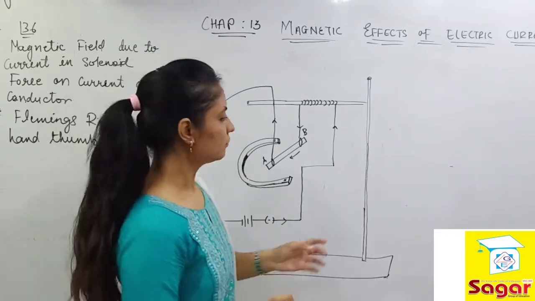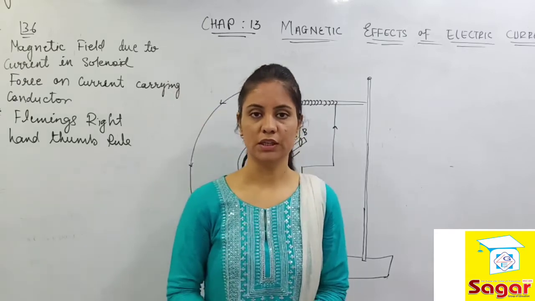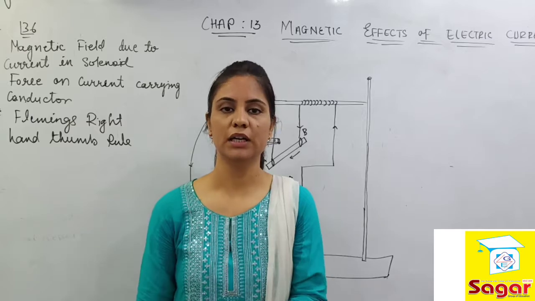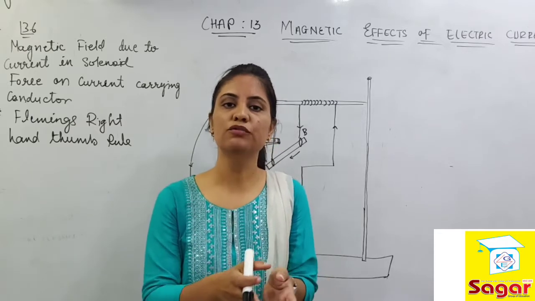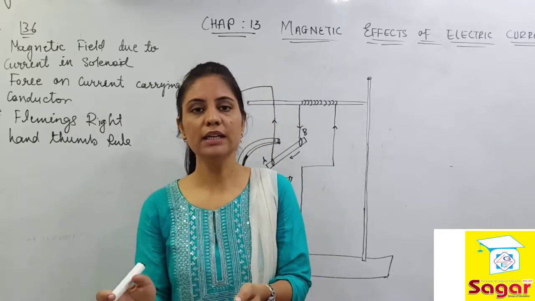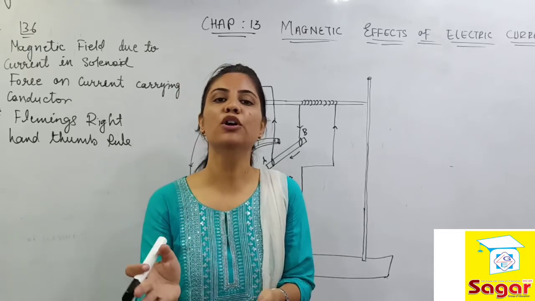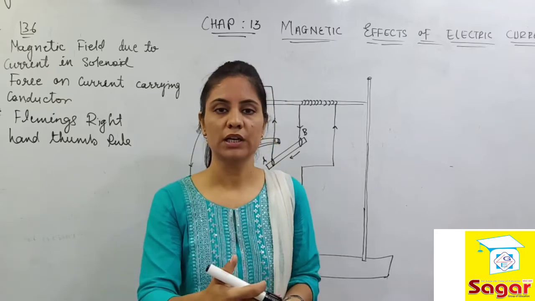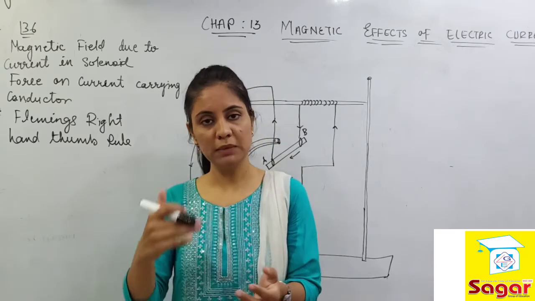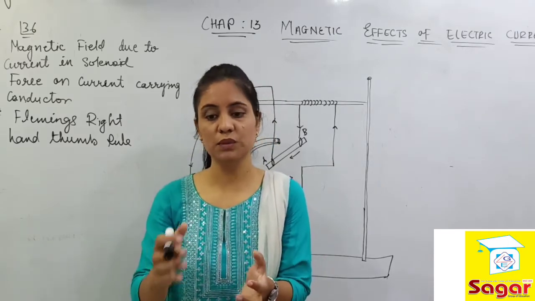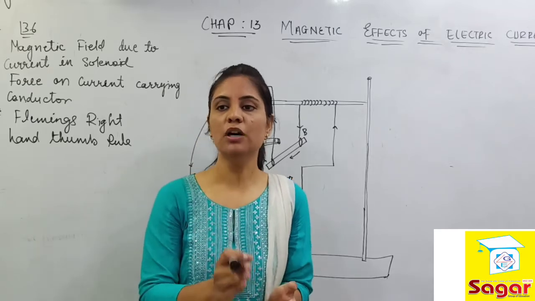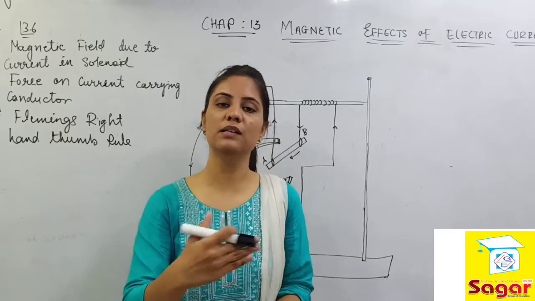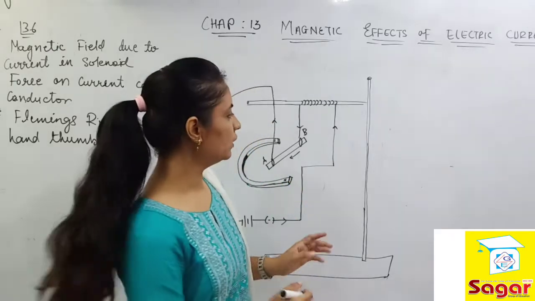Now listen, two types of forces are there, everyone. Because of electricity, we are able to generate the magnetic field. So the magnetic field is applying force onto the rod. But in another case, the rod is also applying some kind of force, because of which it is able to remain suspended over there. So two forces are there, but mainly there must be a force which majorly affects the position of the rod, and as a result the rod has been displaced.